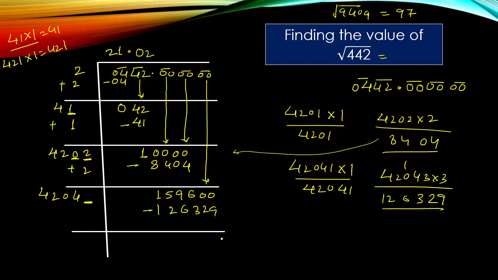Right now we get the remainder here. We have kept 3 here and multiplied the number by the same digit 3, and now got the result, subtracted, and now got the remainder, this one.